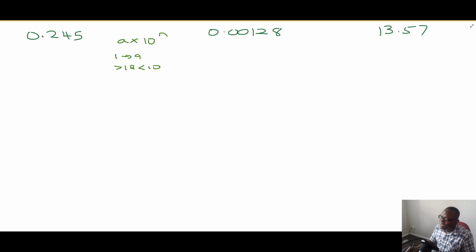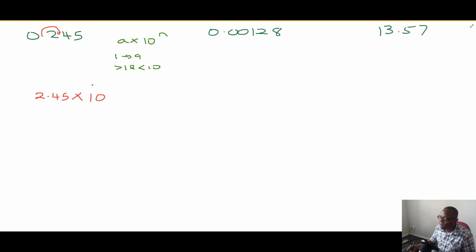We want to always move the decimal in a direction such that we have a number that is greater than 1. So in this case, I'm going to move the decimal right here. So I have 2.45. And then we multiply by 10. We need to find the exponent